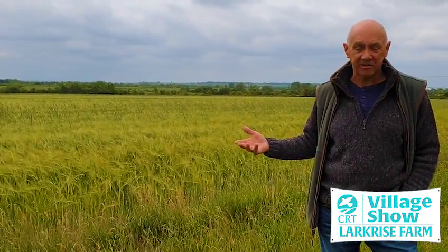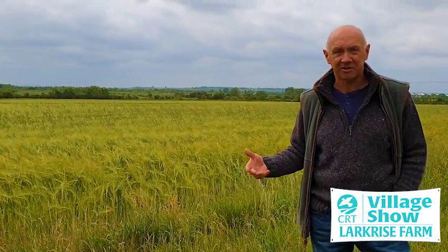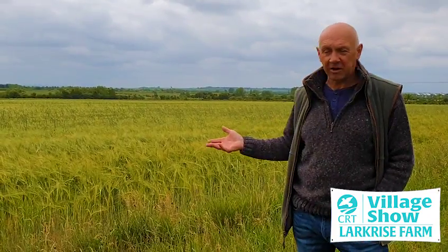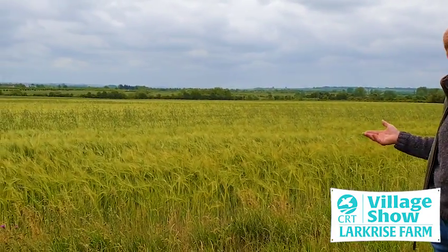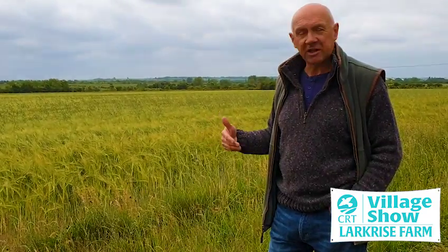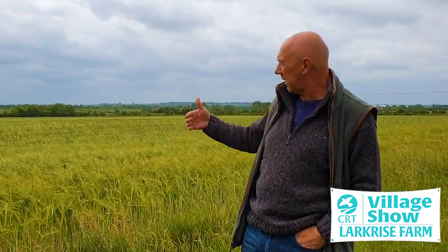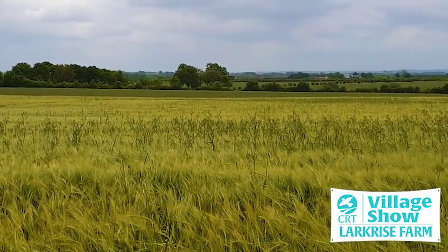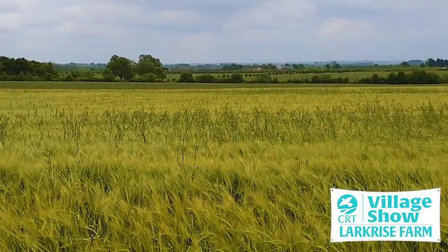Well, I'm standing up here with quite a nice panoramic view of Lark Rise Farm. This particular part we call the 98 land because it was bought in 1998. This crop immediately behind me is winter barley, which it has to be said has got a healthy population of wild oats in. We've actually split the field into two to give us greater biodiversity, and the lower half, which you may be able to pick out, the different colour green, that is winter wheat, and then the CRT land stops